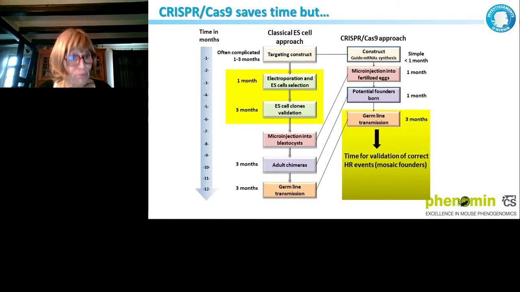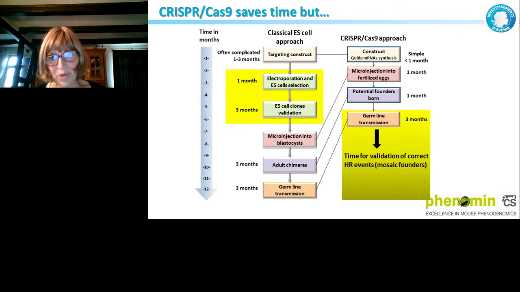Okay, and now to almost finalize what I want to say, CRISPR-Cas9 is great. I showed you that. But I think you need to really think carefully, at least at our place, what you want to do. I put a scale, the time in months, and you need just to realize that the time to fully validate an allele when you are working with ES cells takes the time of the cell growing, and you can do plenty of PCR on your clones, check that everything is correct, and you will spend your time validating everything in ES cells and only inject one clone that is really perfect, and it's really great when you do big, large modifications.